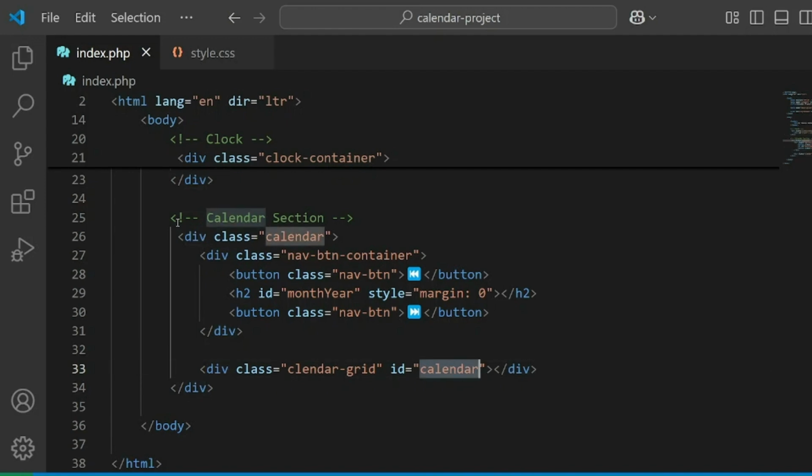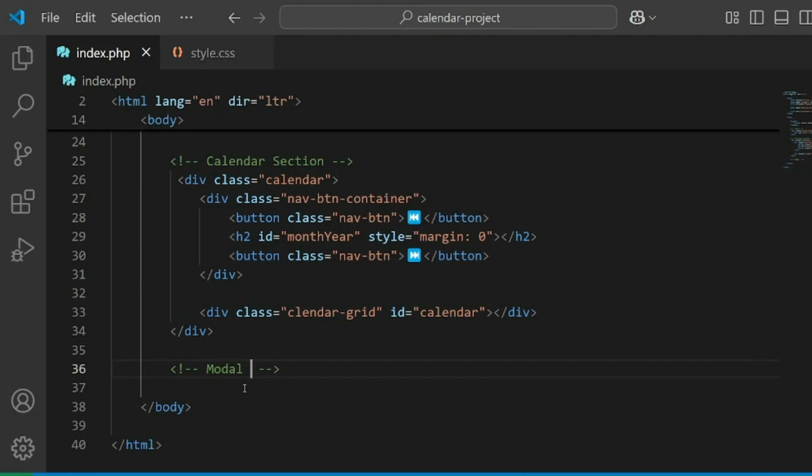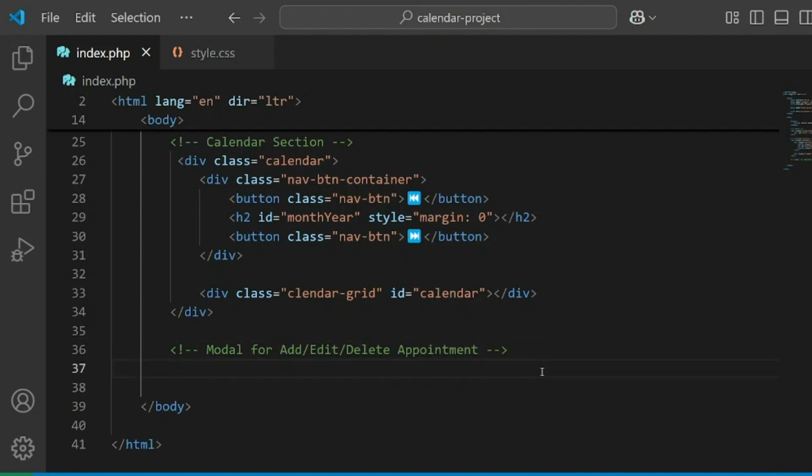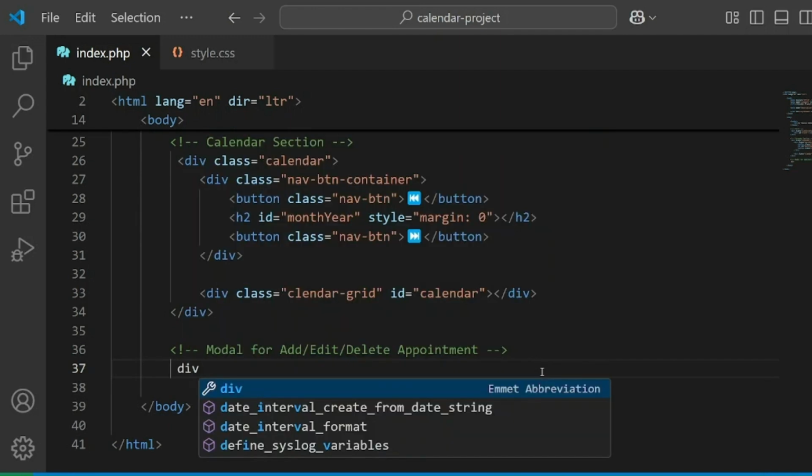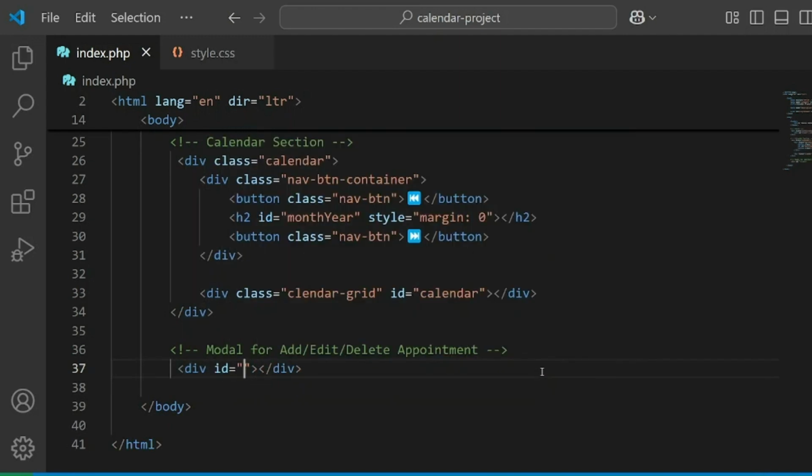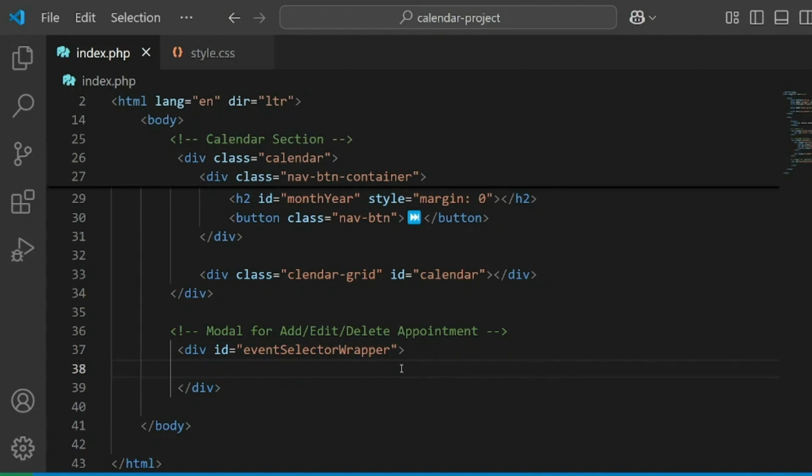After this calendar section, we need to create another section, which is the modal for add/edit/delete appointment. So we need to add a modal that will help us add, edit, delete appointments to affect the calendar. So let's go div and then give it an id equals event selector wrapper. So we will specify this id for this div, which is event selector wrapper, and then inside this div we will